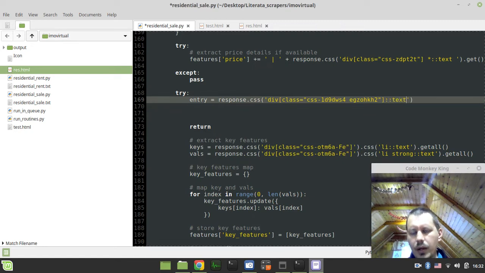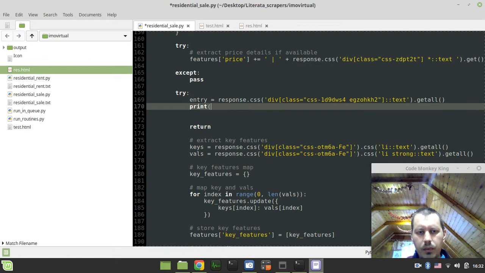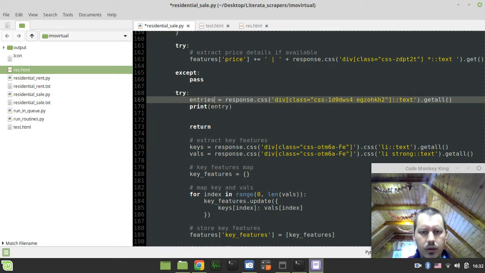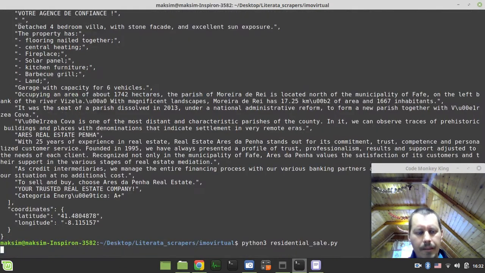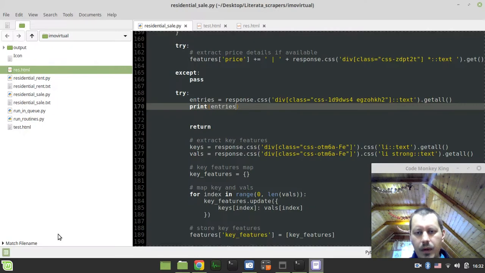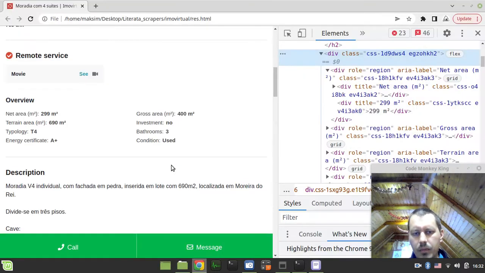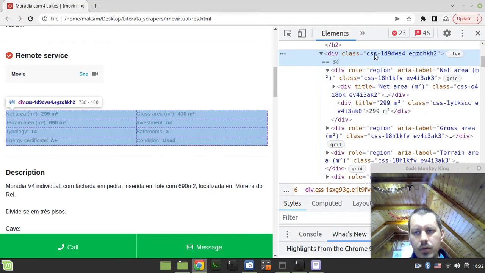What else? Text dot get all. I just want to have a look what is there. So print entries, print entries here. Nothing there. It's a bit unfortunate. So div class, doesn't it have text?